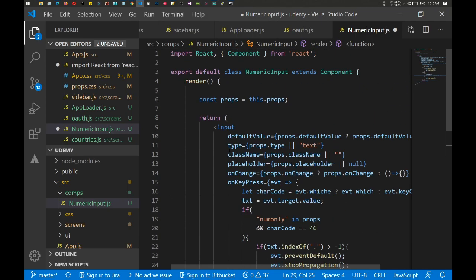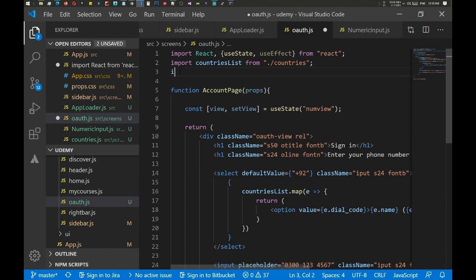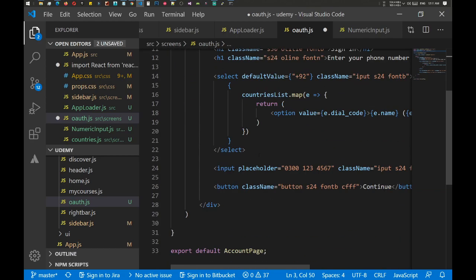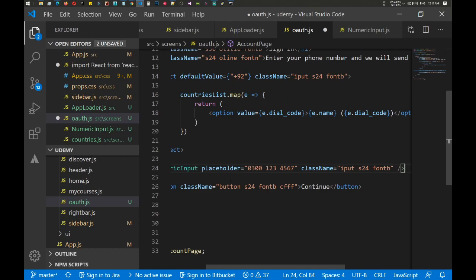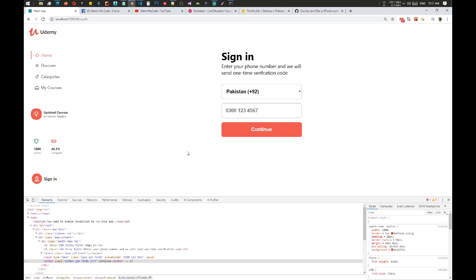Great. Now save it, and if we quickly go to auth, instead of using the regular input, just quickly import NumericInput from comps/NumericInput. Perfect. Now just replace it with NumericInput and the rest is good. And if we save it and go to the Udemy, and if we type